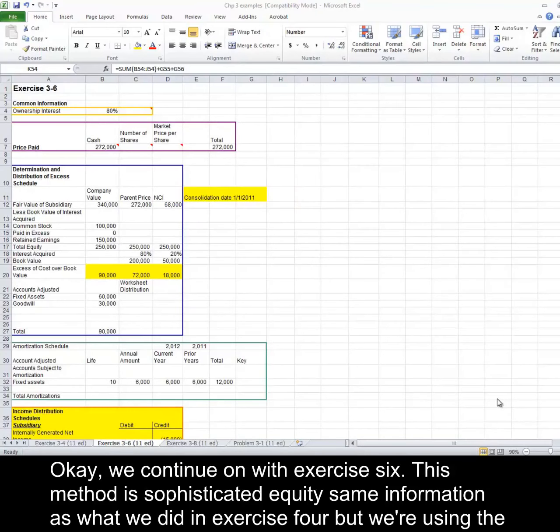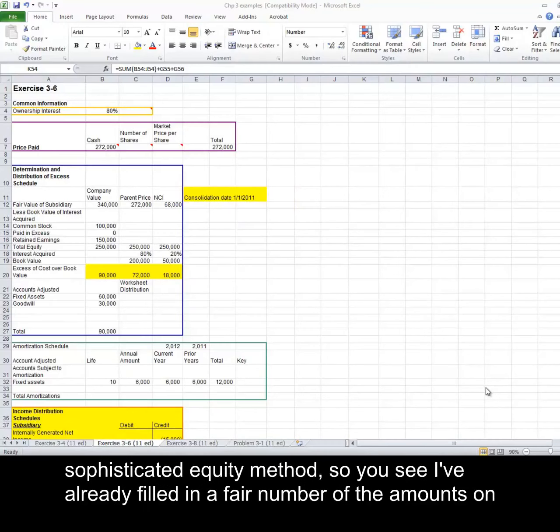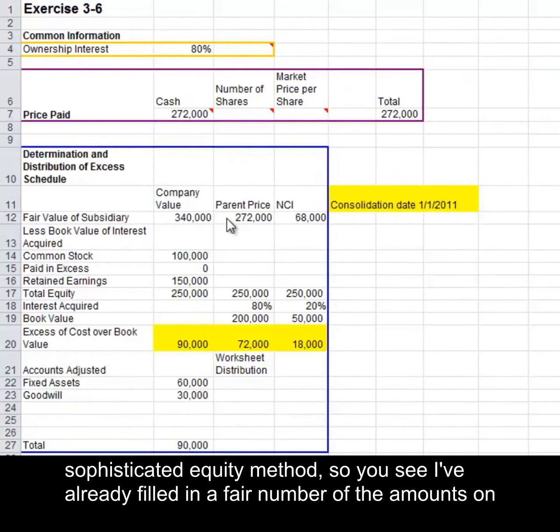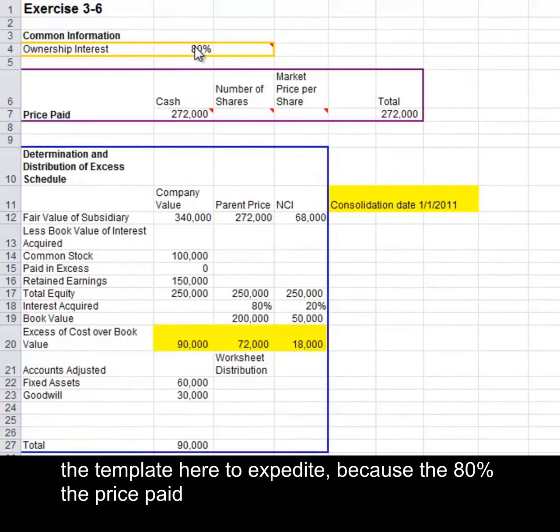Okay, we continue on with exercise 6. This method is sophisticated equity. Same information as what we did in exercise 4, but we're using the sophisticated equity method. So you'll see I've already filled in a fair number of the amounts on the template here to expedite because